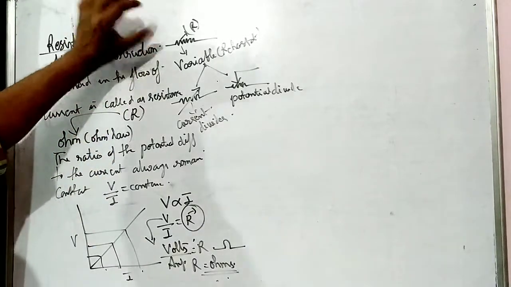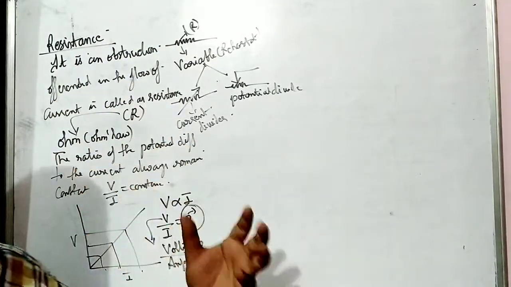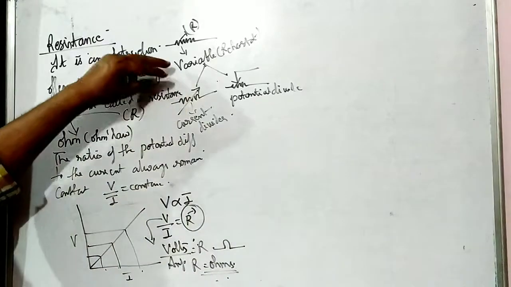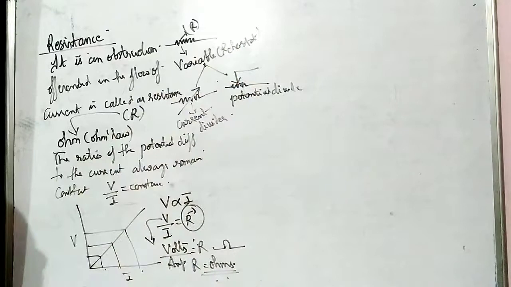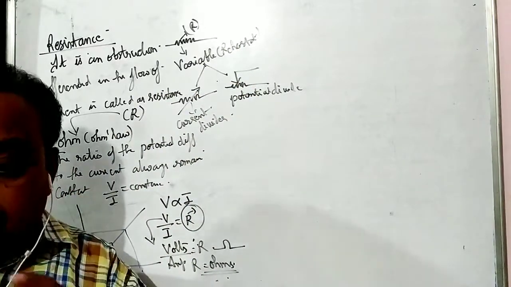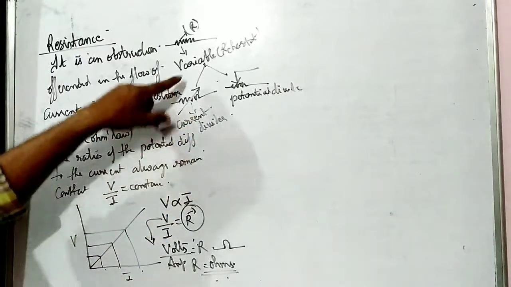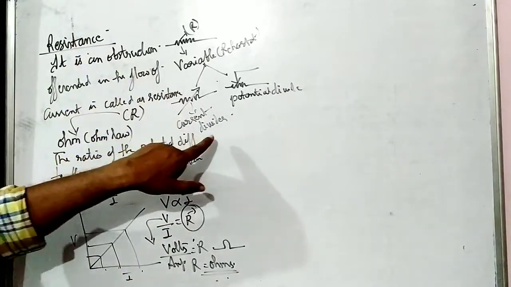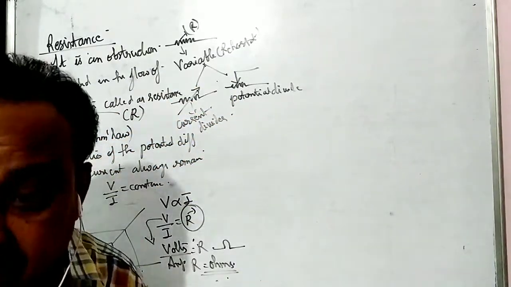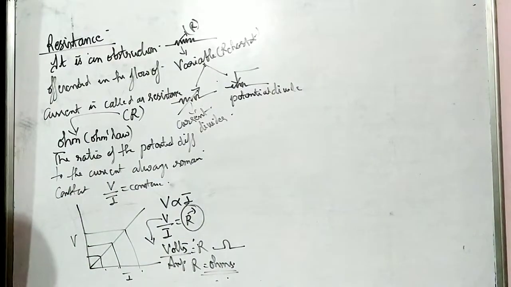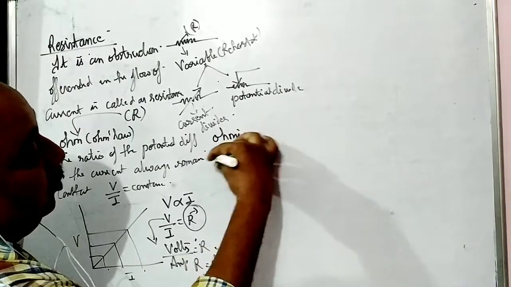In a simple circuit, resistance is represented by R, but in complicated circuits or in higher studies, the resistance will be of two types. A variable resistance, a rheostat, is a lab instrument used as a resistance in variable form, meaning it keeps on changing, and it can be used in two ways. It acts as a current divider and as a potential divider, according to the requirement in the circuit. Then there are ohmic conductors and non-ohmic conductors.